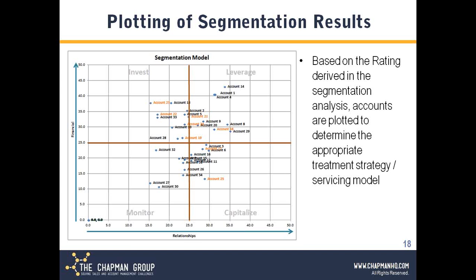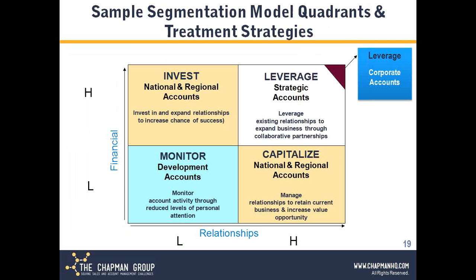Ultimately, this is what it looks like. Once you populate a segmentation model, even though it's a little hard to read, with just account numbers on there, you'll end up with four quadrants. We use terms like invest, upper left; leverage, upper right; monitor, bottom left; and capitalize, bottom right. You've got the financial metric and the relationship metric as your axes. But once you have it plotted,